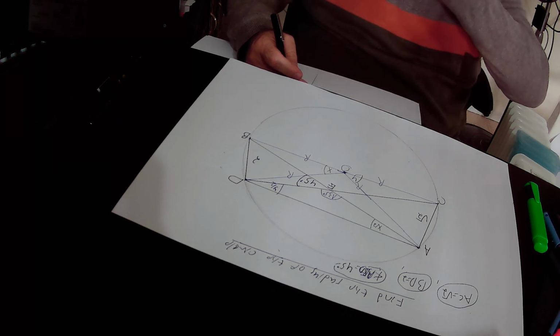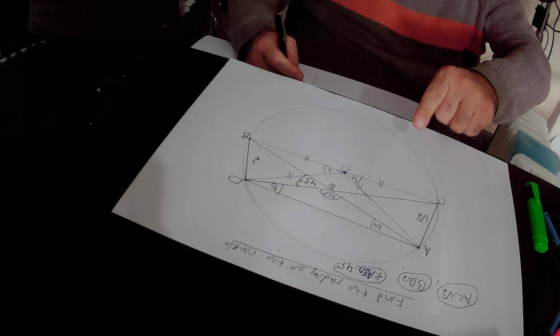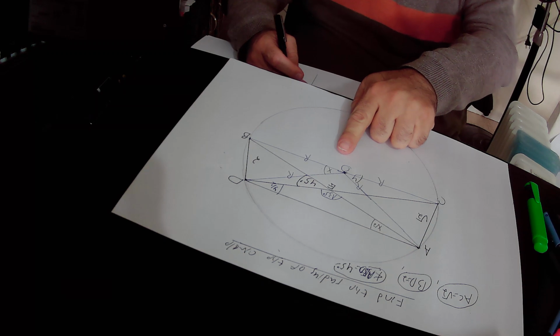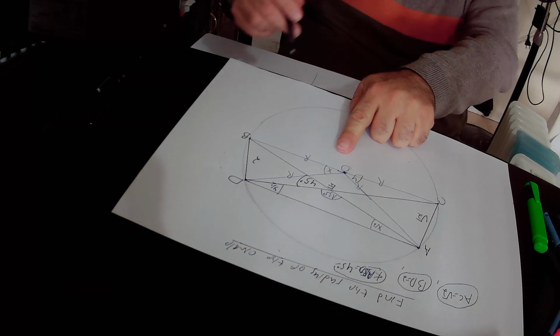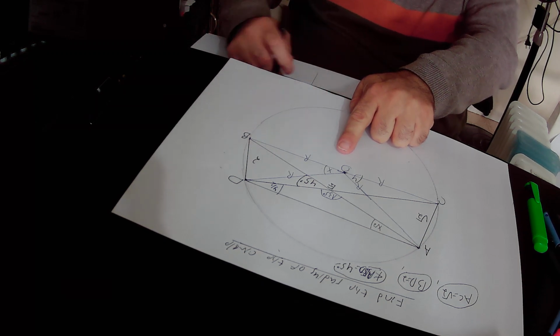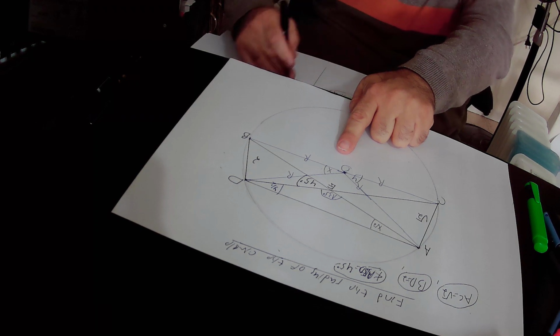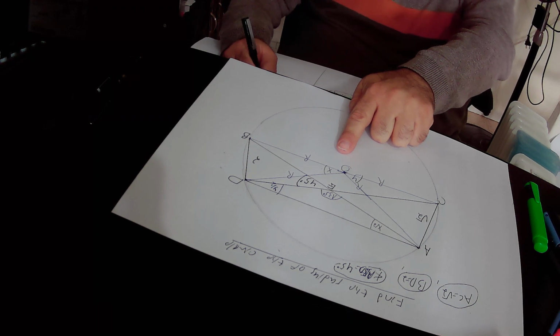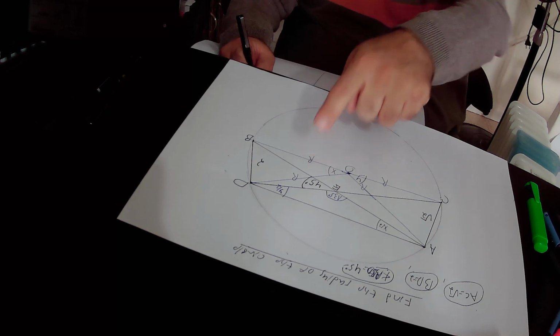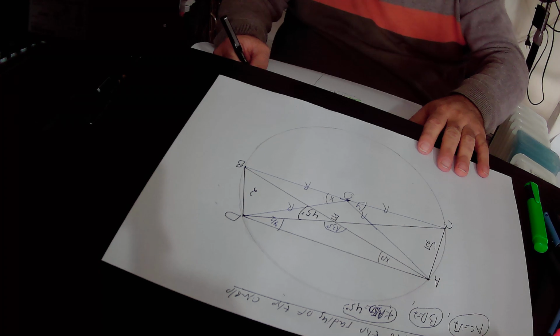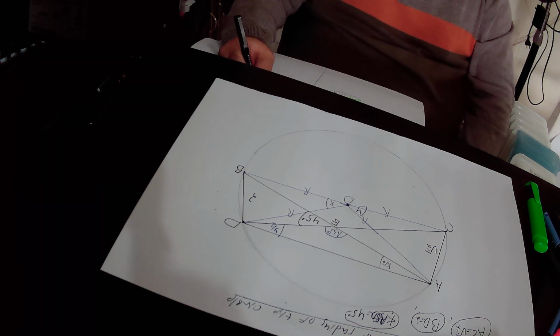In the next step, we will focus on triangle DOB. Triangle DOB, according to the law of cosines, this triangle DOB, according to the law of cosines,